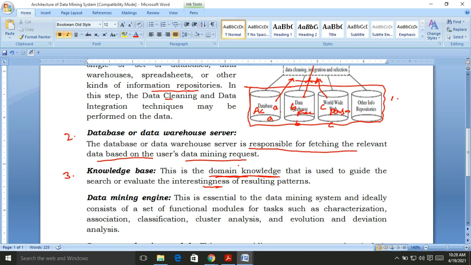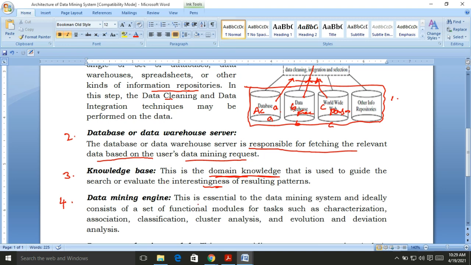The fourth step, which is very important, is the data mining engine. We already said that the data mining engine consists of the data mining functionalities, that is, the different types of data mining tasks to be performed: association, clustering, pattern and several issues.